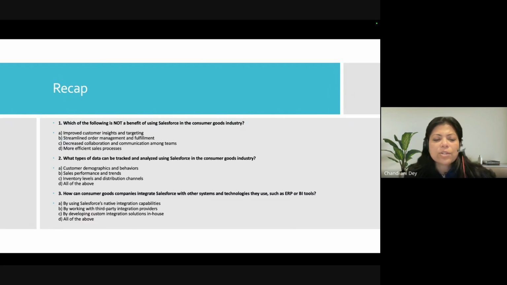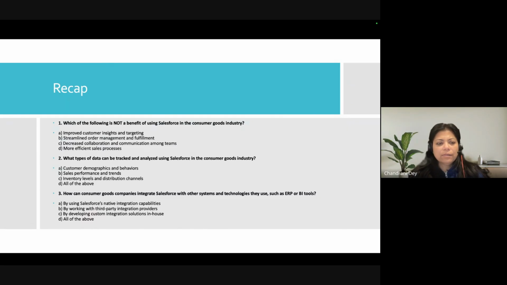Which of the following is not a benefit of using Salesforce in the consumer goods industry? Improved customer insights and targeting, streamlined order management and fulfillment, decreased collaboration and communication amongst teams, and more efficient sales process. Which do you think is not a benefit of using CG Cloud?